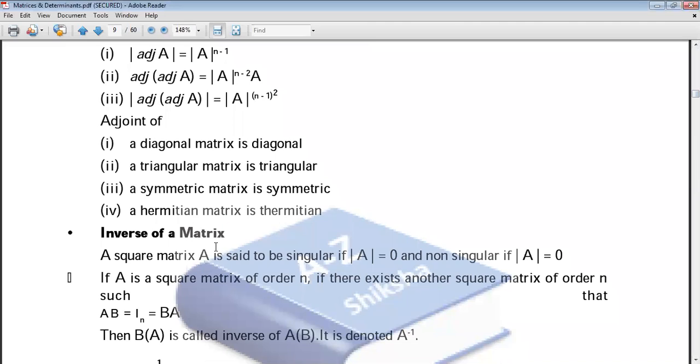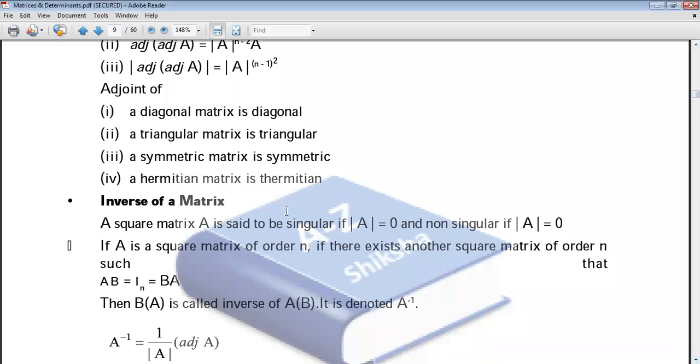So the inverse of a matrix is a very important topic from the matrix portion. Already in the last class you found the formula for the adjoint of a matrix. What is that? Adjoint of A equals the matrix formed by the transpose of the cofactors of every element of the matrix. So here you can see